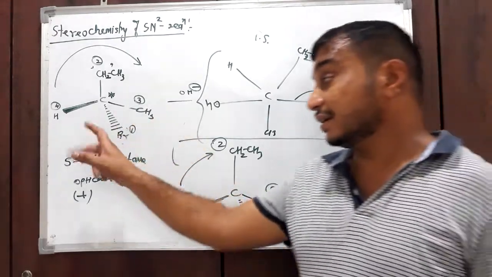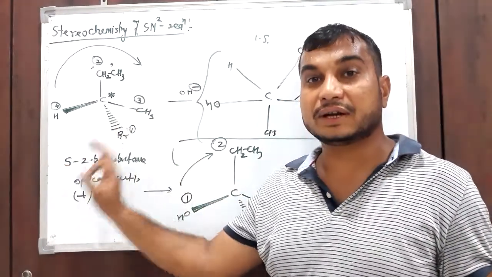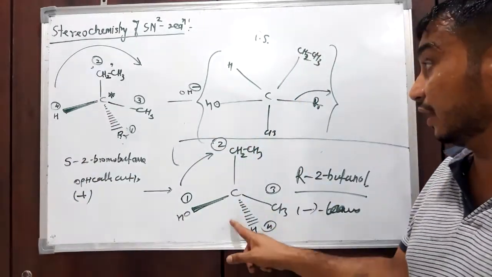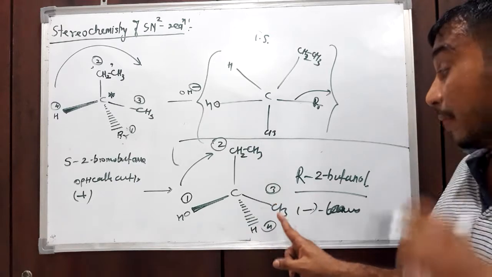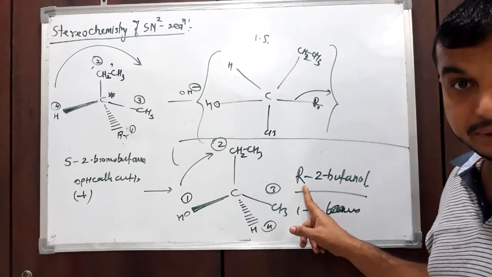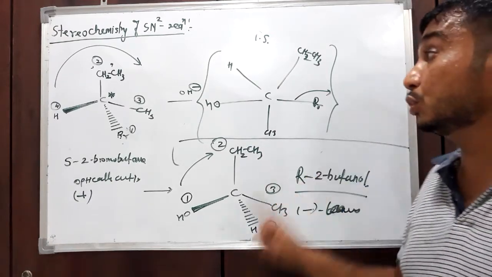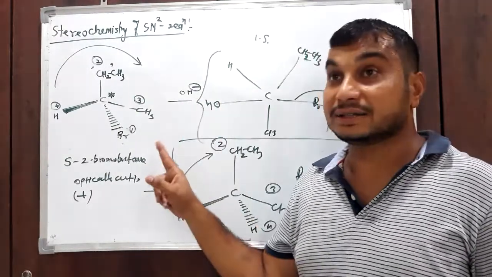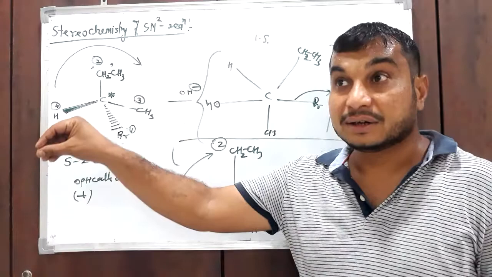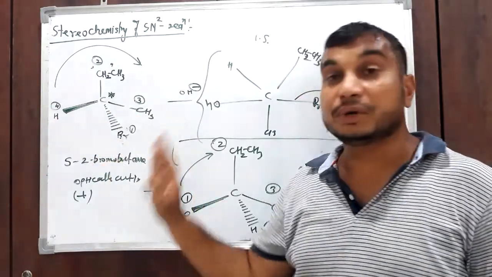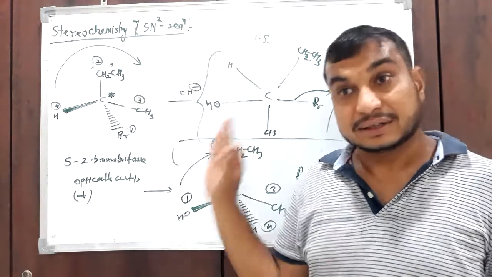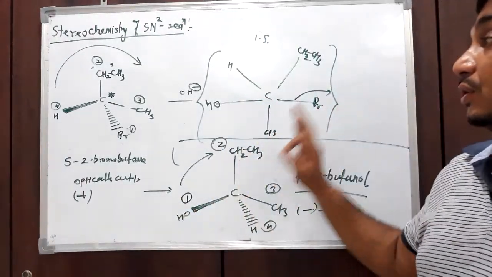Reactant is the S form. Here we have taken the reactant with S configuration, and the product obtained here has R configuration. Why is this so? This is due to the backside attack of the OH minus ion. The OH minus ion attacks from the side opposite to that in which the Br minus ion or halogen atom is present in the reactant. That's why there is inversion of configuration.